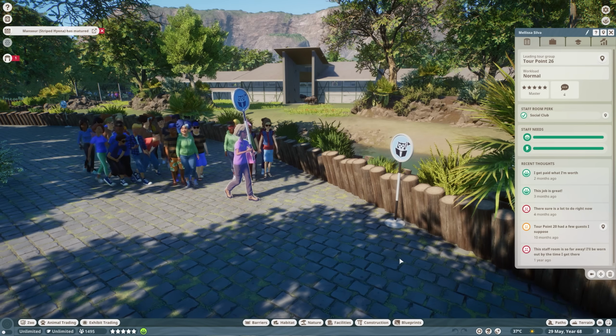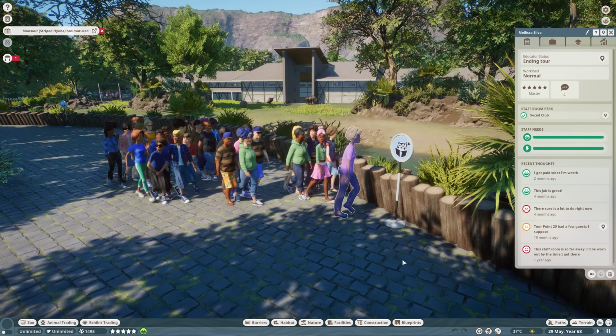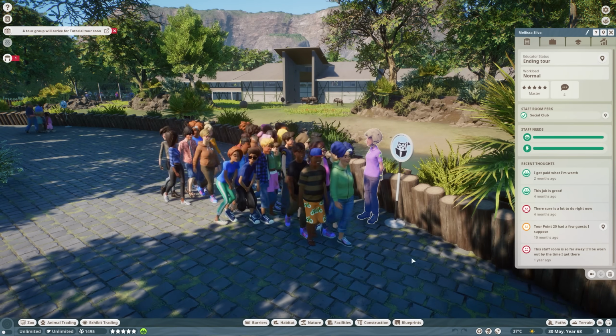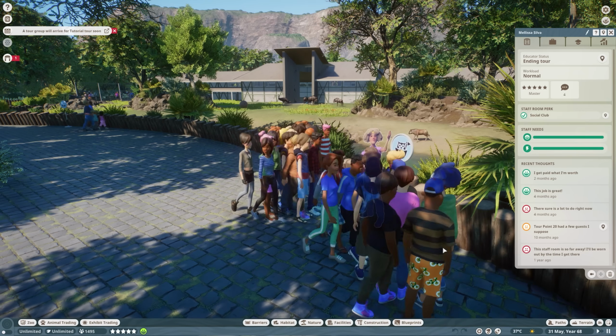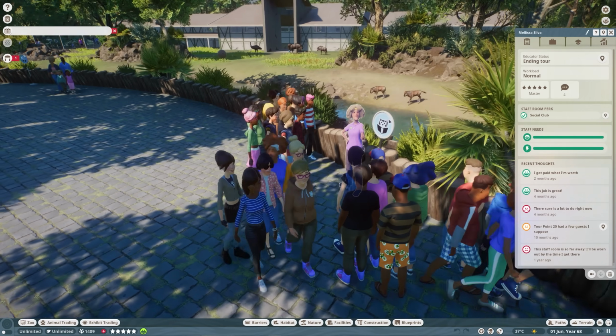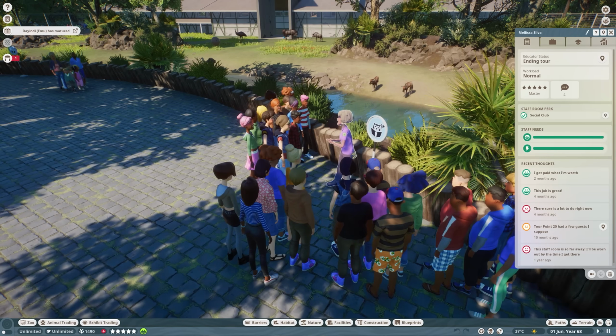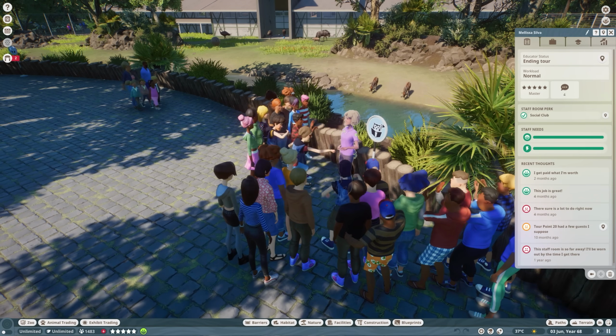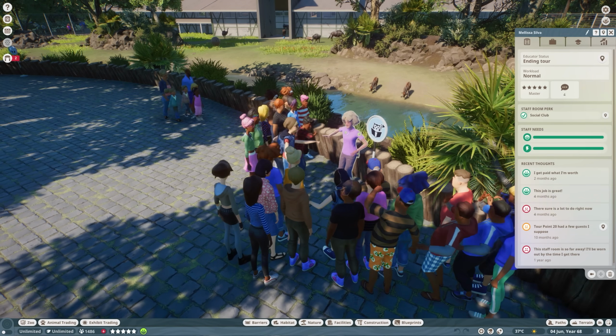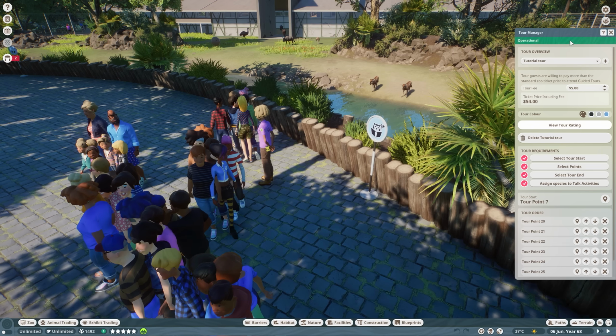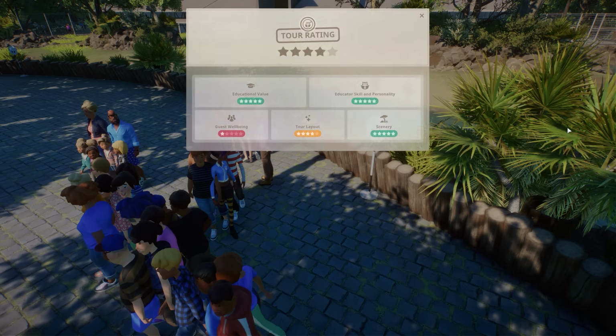So now the educator will arrive at the end point right over here. She will wait until everyone gathers again, and then she will pretty much just end the tour from here. A little wave, some clapping guests, and that was it. The tour has ended. So now if we go back to our tour manager and check the view tour rating,